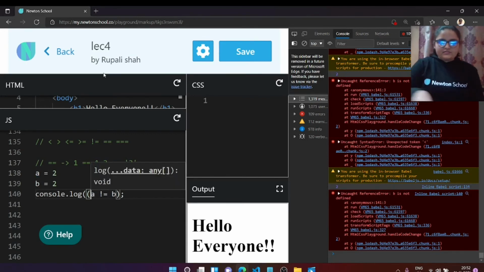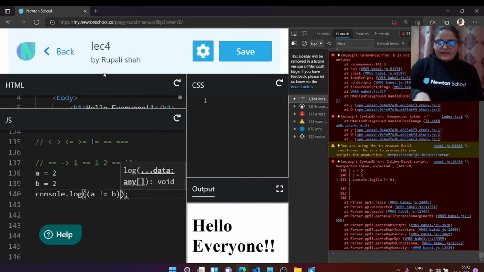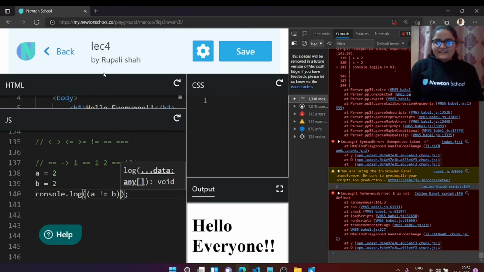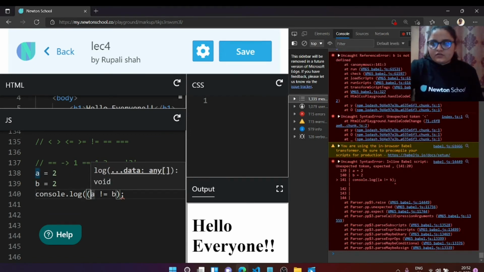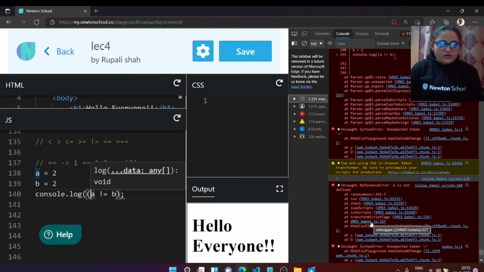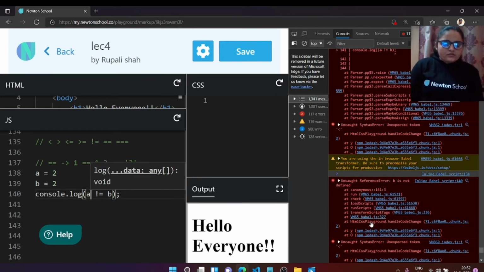Let's just have them in brackets, because it's printing the value of a instead of performing the operations.